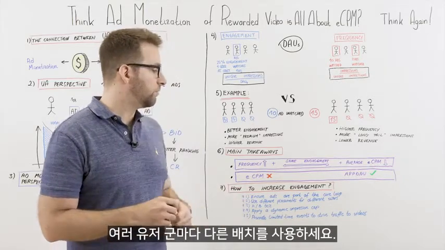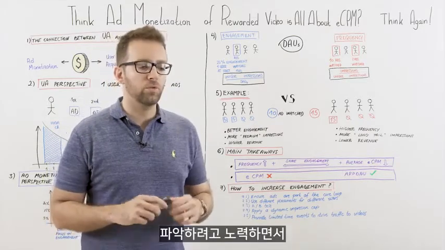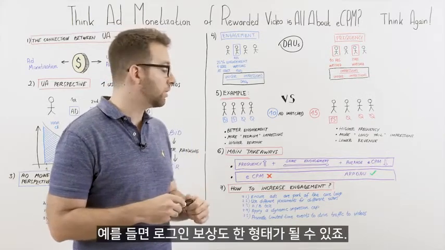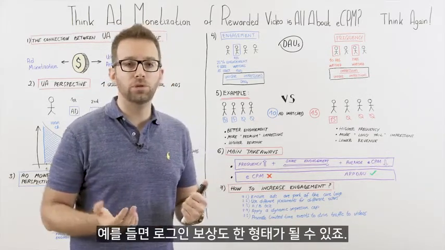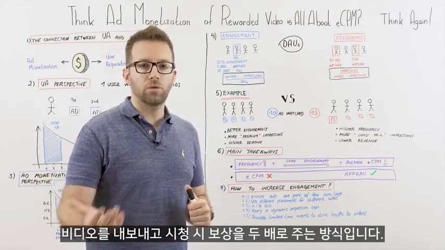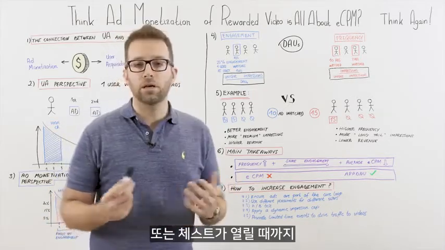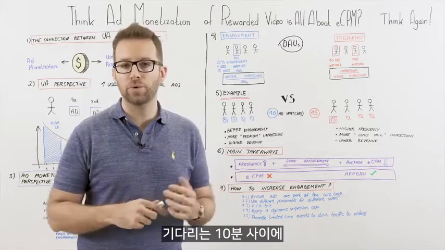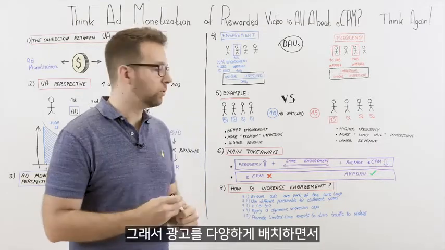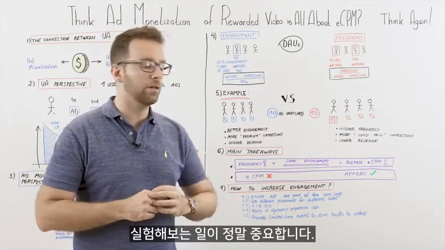They use different placement for different users. So it's very important to try to understand which ad is important for each type of users. And you have to experiment a lot. For example, you can have a login reward, and whenever the user enters in the app for the first time of the day, watching a video can double the reward. Or if we have a cooldown, like we have to wait 10 minutes to open a chest, you can watch a video and you can cut the time you have to wait. So it's very important that we experiment with many ad placement.